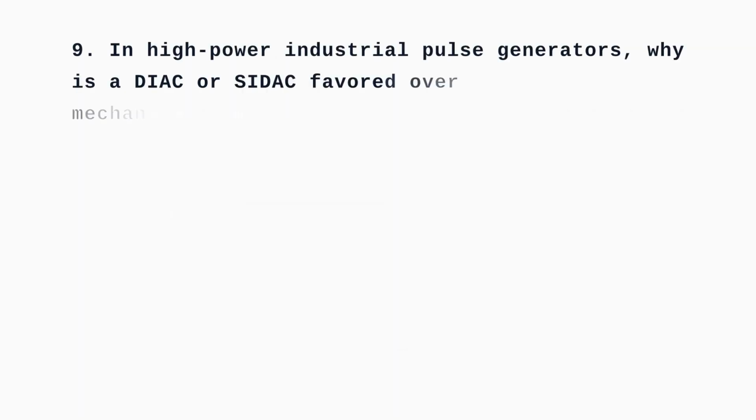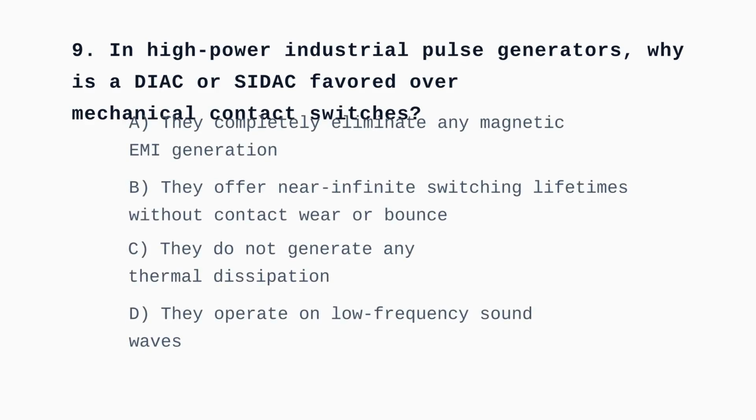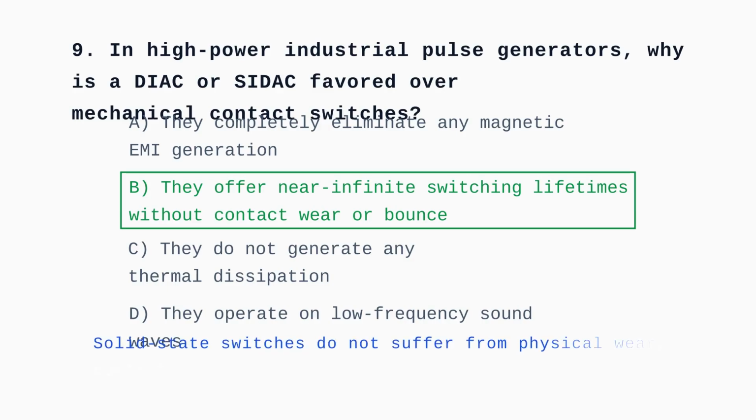Question 9. In high-power industrial pulse generators, why is a DIAC favored over mechanical contact switches? Solid-state thyristor switches lack moving parts, completely eliminating contact wear, arc erosion, and mechanical contact bounce, yielding highly repeatable trigger